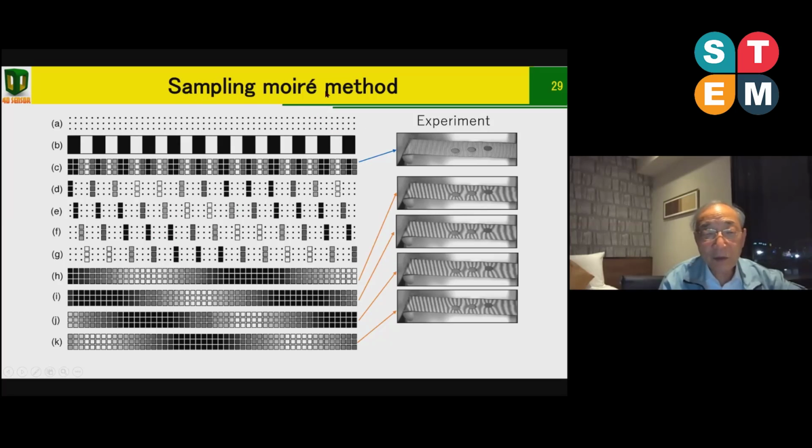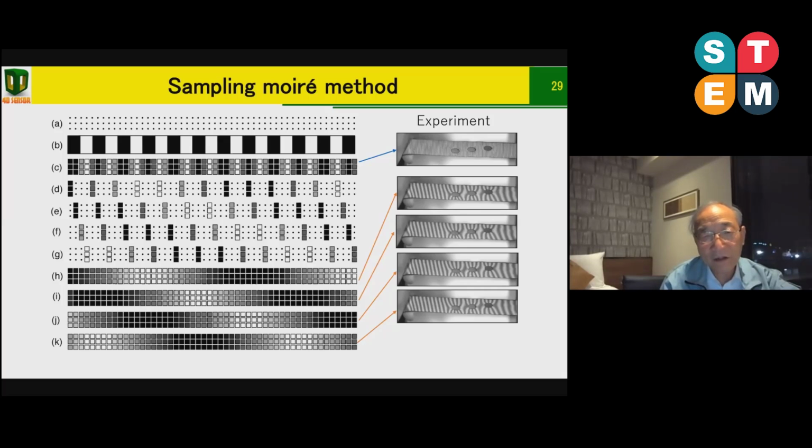This one shows the sampling moiré method theoretical treatment. Here is a grating on the object. So, if we measure the out-of-plane displacement, we project the grating. But if we want to measure the in-plane vibration or in-plane displacement, the projection cannot change by the in-plane deformation. So we use